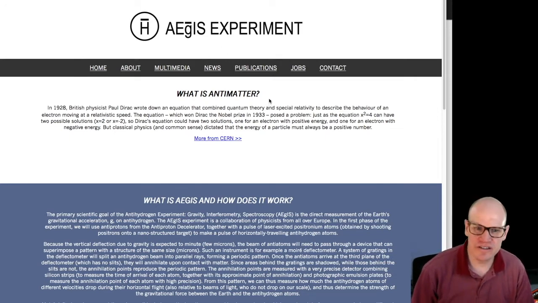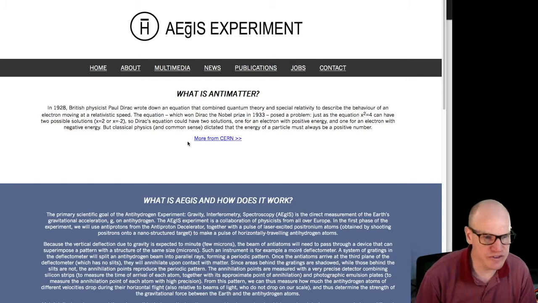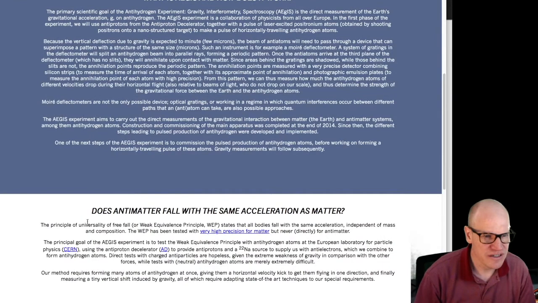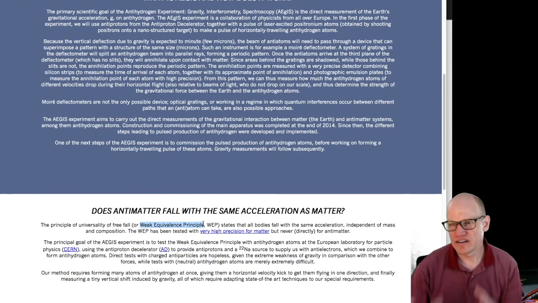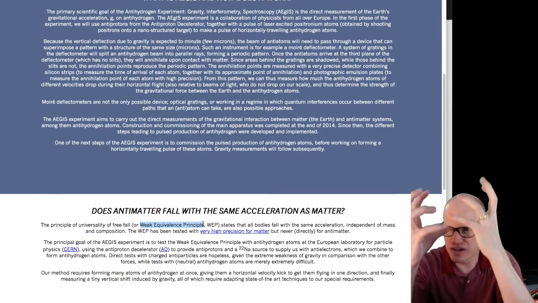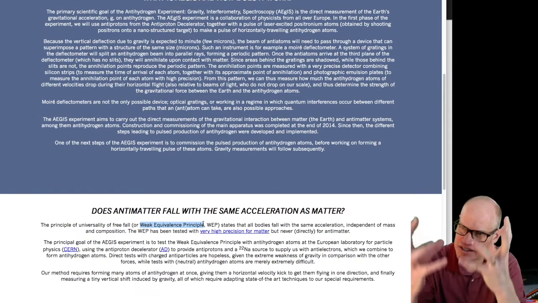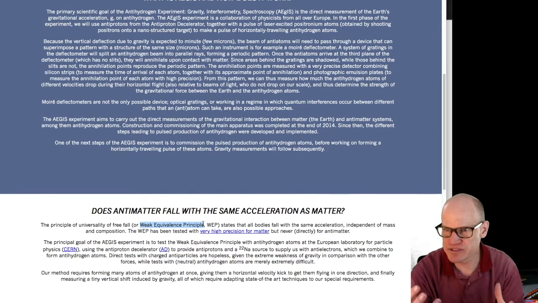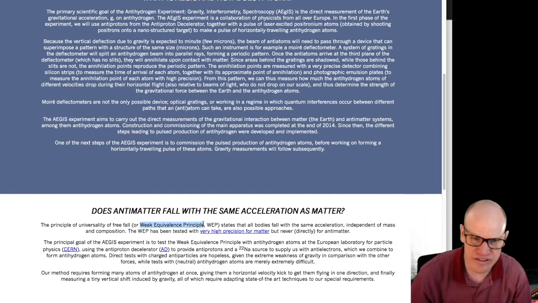There are a number of experiments that test the weak equivalence principle, right? Testing the weak equivalence principle, which is what they said right here. The universality of free fall, or the weak equivalence principle, that's the thing that says that objects, regardless of their composition, it's energy that is accelerated, and so it doesn't matter what it's made out of, as long as it's got energy, and that energy could be in the form of mc squared, it will fall at the same rate under the influence of gravity